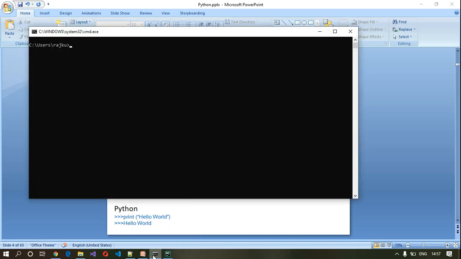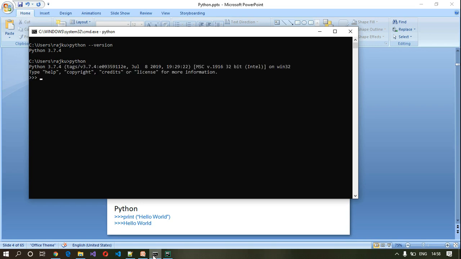Okay, I have opened a command prompt here. So let us type python --version here. I'm using Python version 3.7.4. So let us type in Python here. Once you type Python, you will get this prompt, and at the prompt you type in print